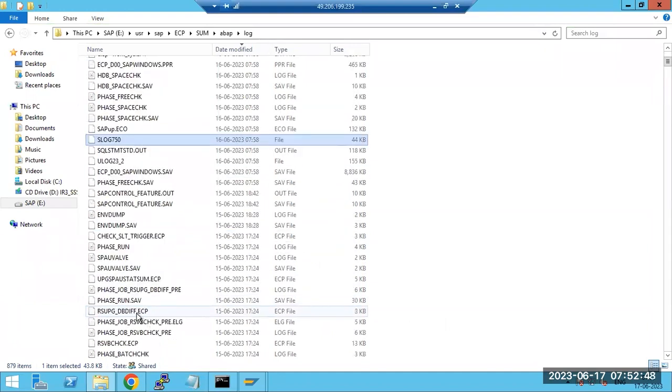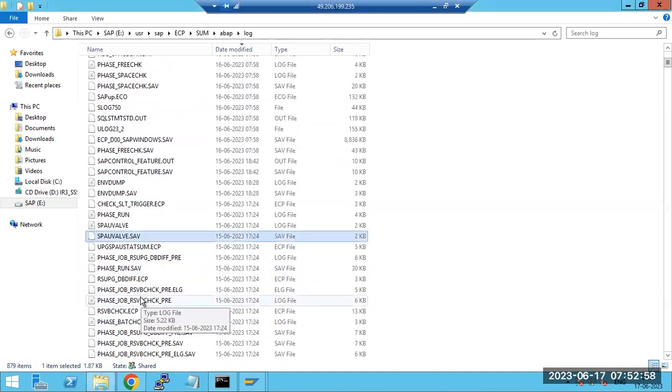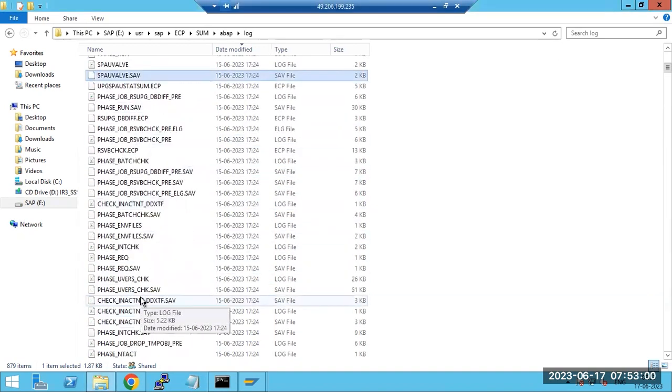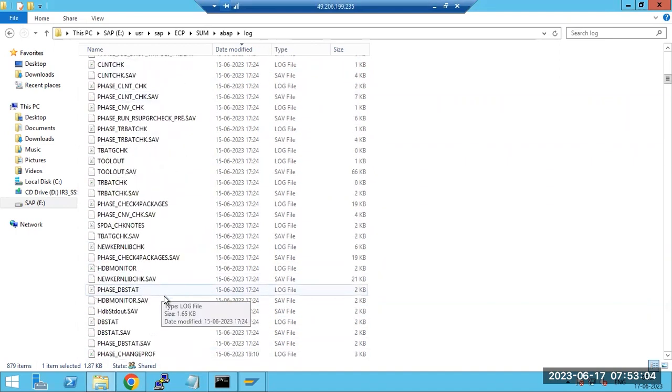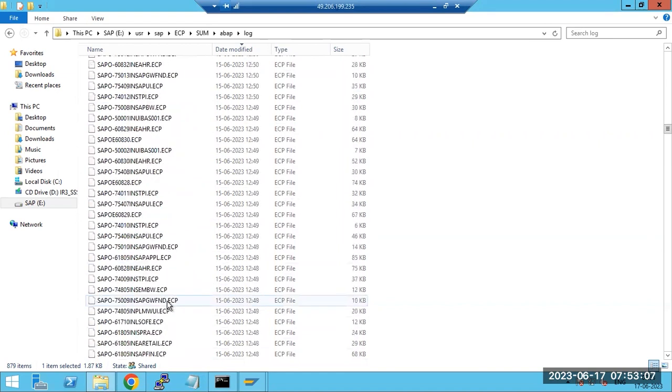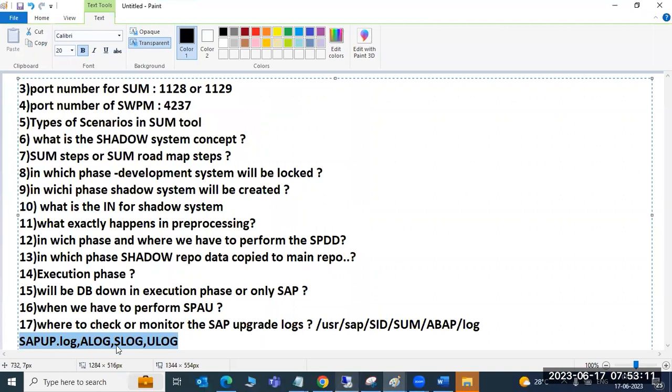Suppose there is one phase, maybe SPAU evaluation. Then the SPAU evaluation phase log will be created. Every phase that is running, that phase .log file will be created. These are all the log files. We cannot remember all of them, so you can remember these 4 log files, very important.